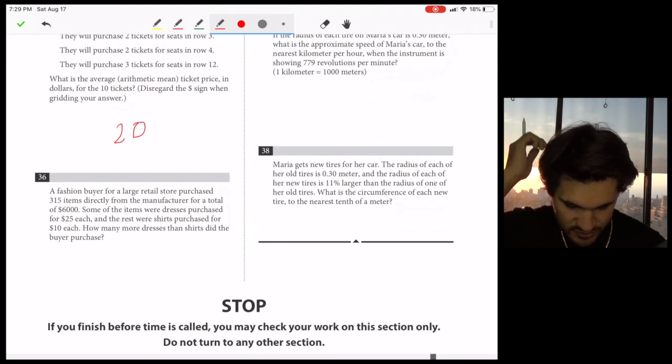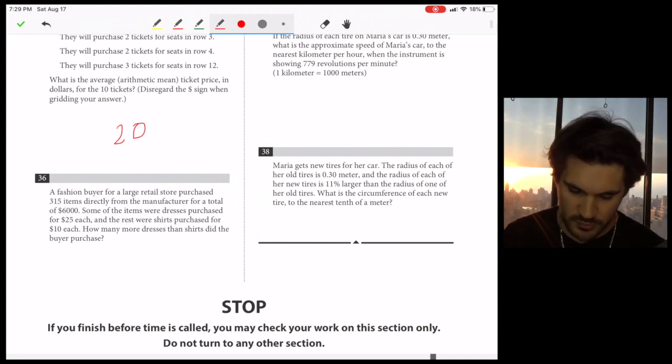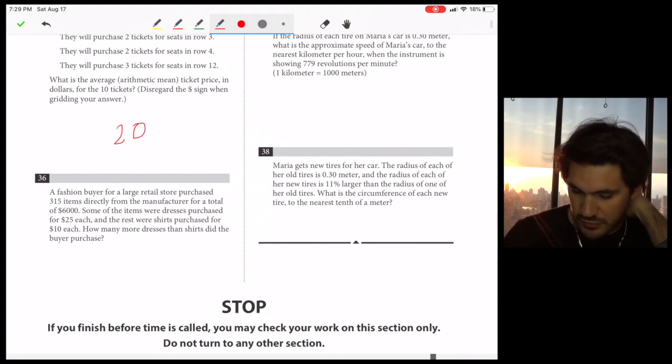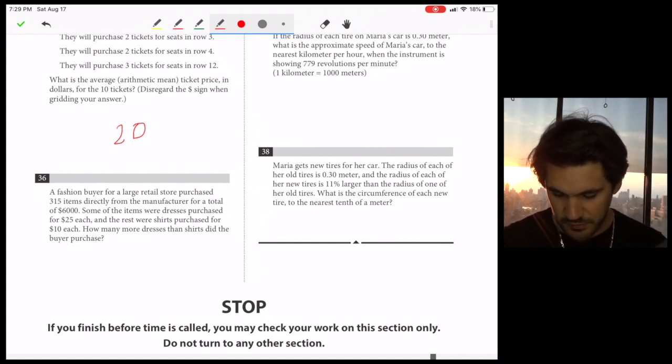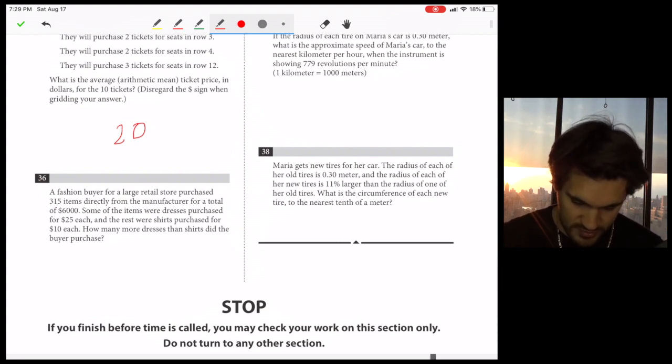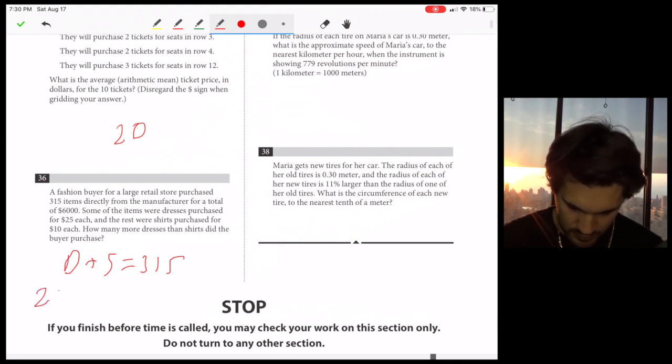Number 36, a fashion buyer for a large retail store purchased 315 items for the manufacturer for a total of $6,000. Some of the items were dresses purchased for 25 each. The rest were shirts for 10 each. How many more dresses than shirts did he buy? In other words, we can set up a system of equations. So dresses plus shirts has to be 315. Let's see, 25D plus 10S equals